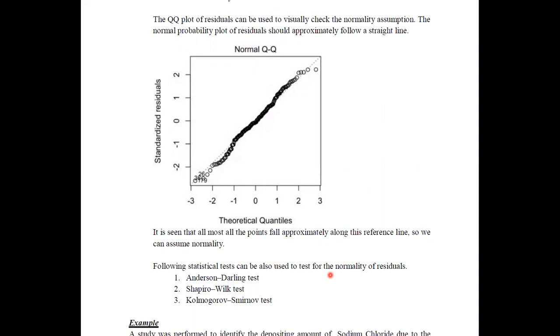Now we will discuss one example for this simple linear regression. If I summarize the things we have discussed so far, first of all, for a given data set, we have to identify the explanatory and the response variable, meaning the independent and dependent variable. According to the situation, you need to identify how many explanatory and response variables there are, and so whether you are using a simple model or a multiple model for this set of data.